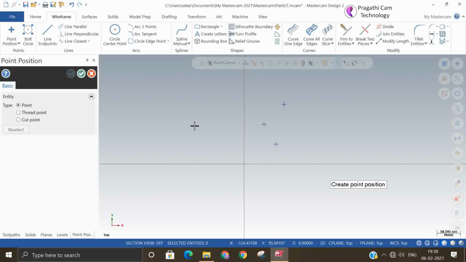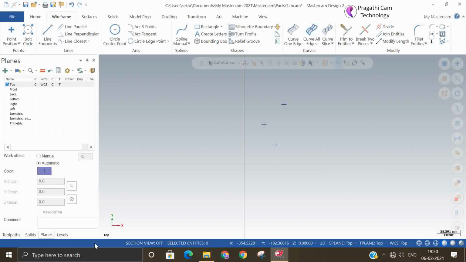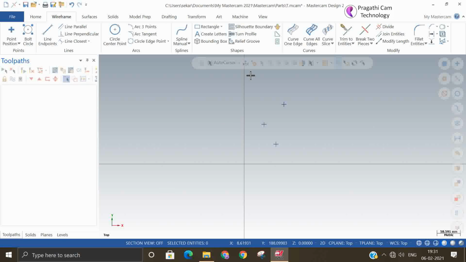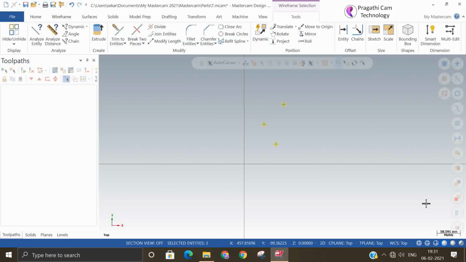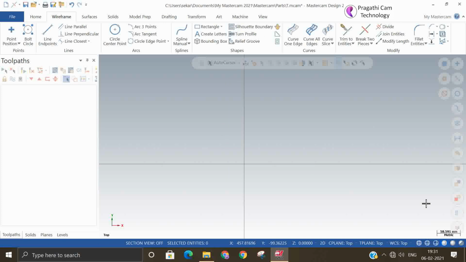So like this, one by one, you give the x, y, z input and keep making points. Now we have seen two methods of making a point. One is just approximately wherever you want, you click and it makes the point. The other is the fast point method, giving the exact x, y, z values and making the point. Now I will explain the two ways of making points.